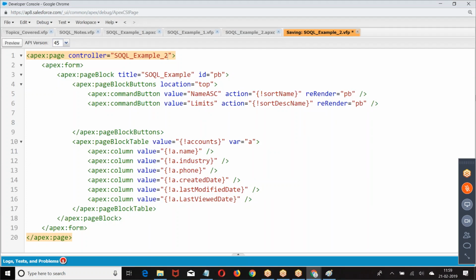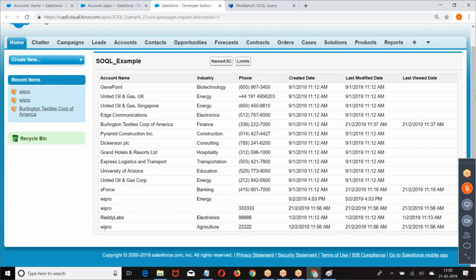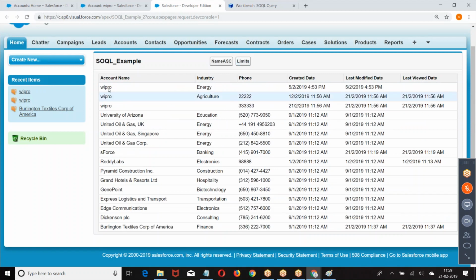We told sort name, sort descending name. This is how we got the data. Ascending order of name, so we got here BDE. Then we got the next one, descending order. So ascending order and descending order.